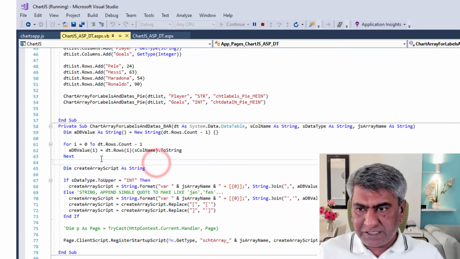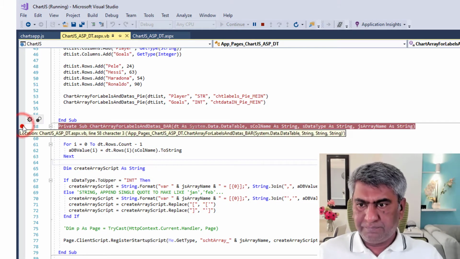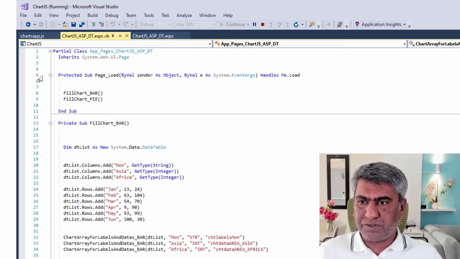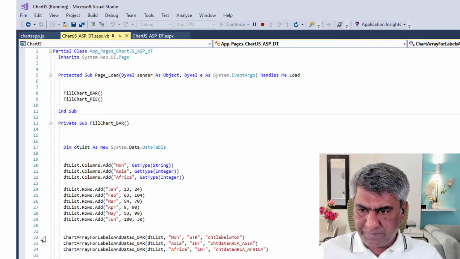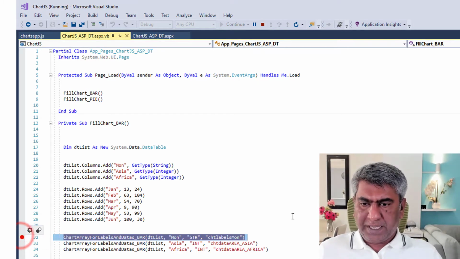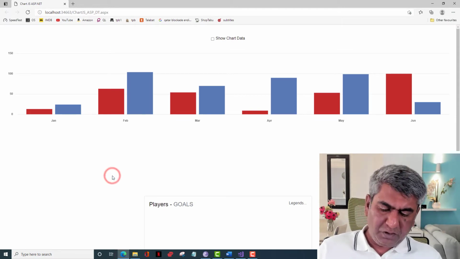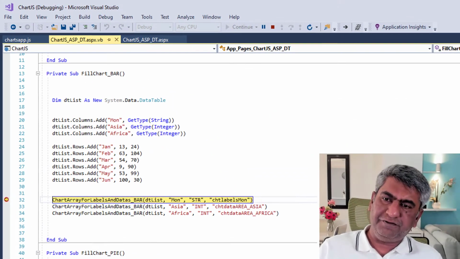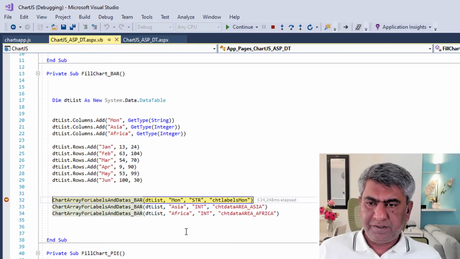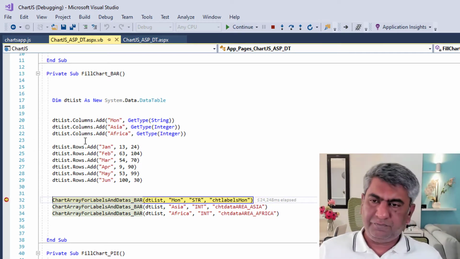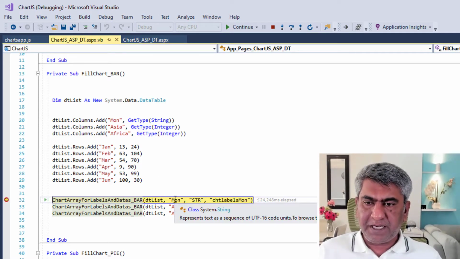Now to explain this function, I have to break here and show you the real execution. So I will break here also. And let's see one by one what happens. Now I will go to the page and press F5 to refresh. Now it will break here and we have a data list. In this data list we have these data table where we have these data. Second parameter is month, string, and this.